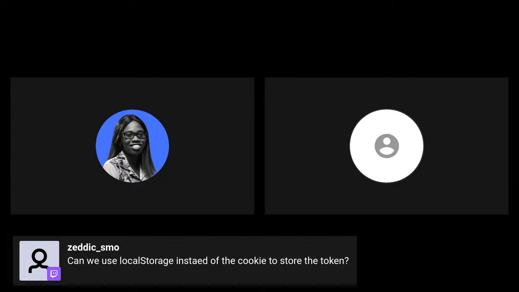Can we use local storage instead of cookie to store the token? You could use local storage. The advantage of using the cookie is that it's automatically sent with every single request. If you are storing it in a local storage, you have to handle actively adding it to your payload, right? So anytime you're making a request to any endpoint, you have to write code to add it every single time. But if you store it in a cookie, for example, if you look at my login route, I never